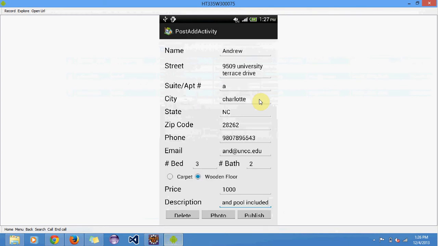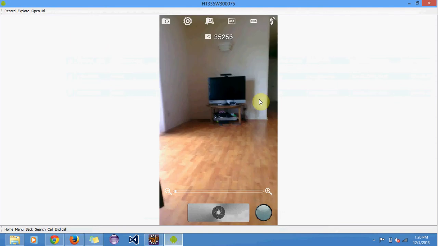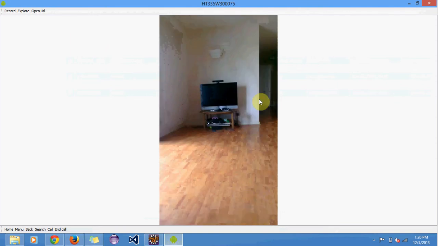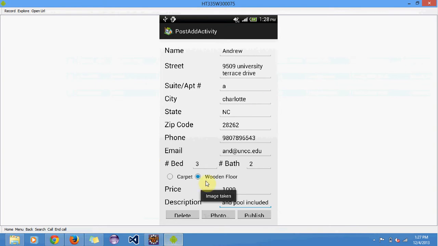Now when you click on the photo option, you could click a picture also of the apartment or the surroundings, so that would give you a good idea about the ad that you're posting. I will have to click on publish.